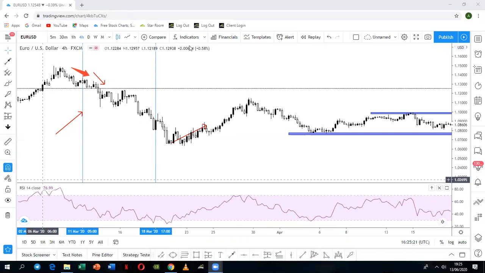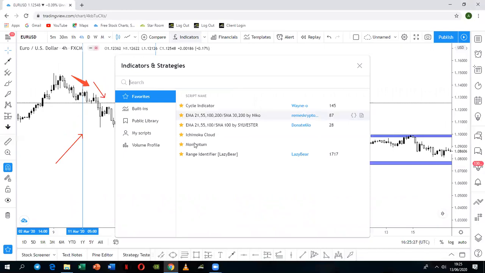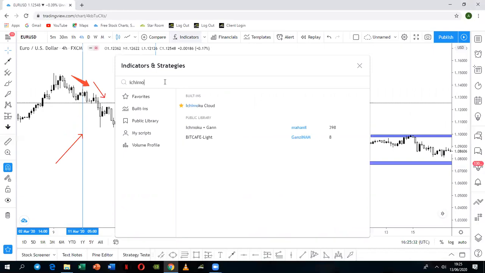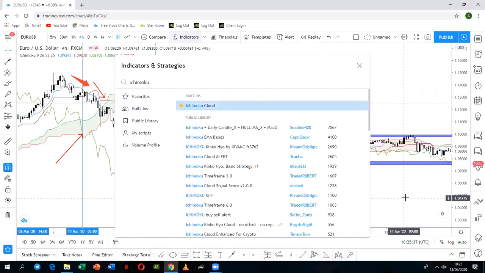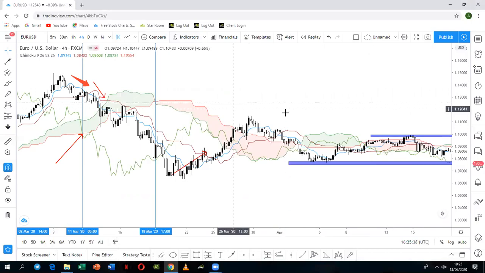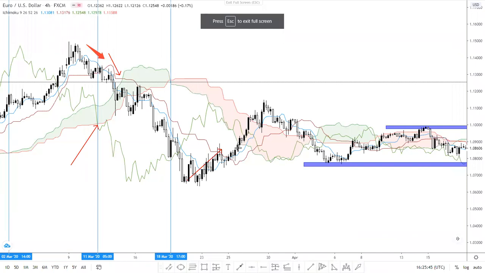So don't forget, you have to come here, select indicators. If you want to use the Ichimoku cloud, you search for it, Ichimoku cloud. It will be right here. So you select it, and then it will appear on your charts. Okay. So again, don't forget